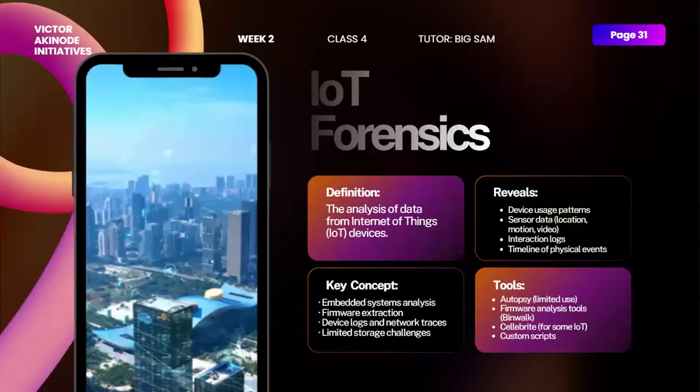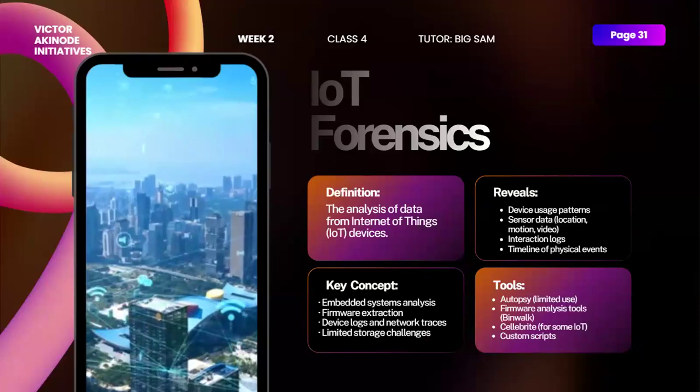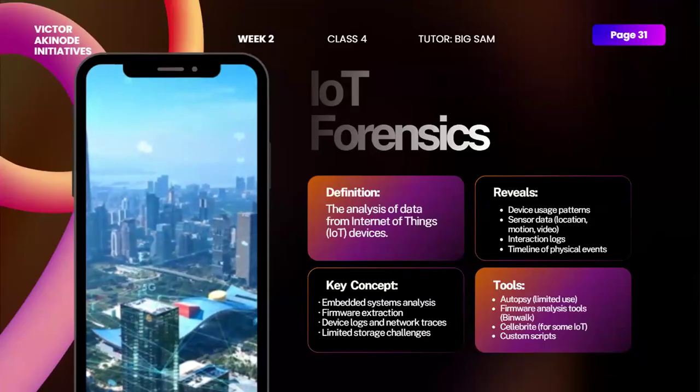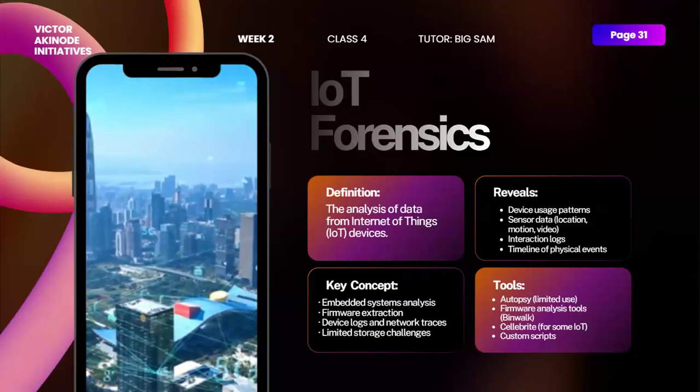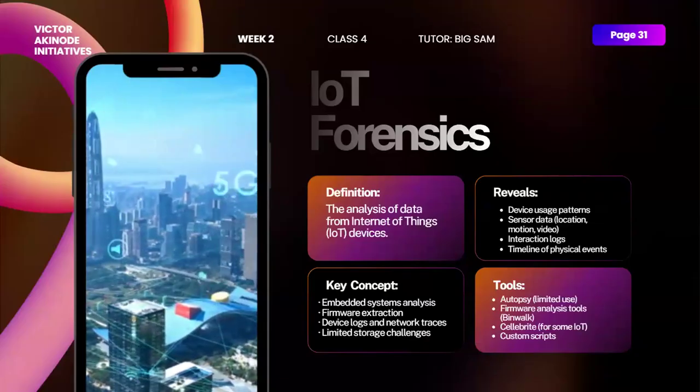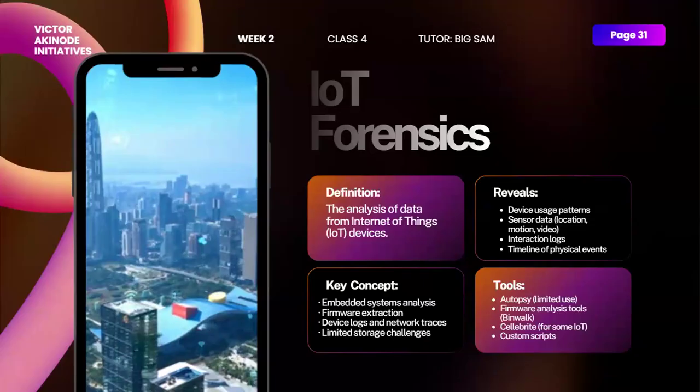Now, IoT forensics, and this is the new oil in forensics. All of us are seeing the whole update from China. You can buy a freezer or refrigerator and talk with it. You can get your oven. You can buy your sneakers and just input, I'm going to Nigeria, and you just find yourself there. All of these inventions store data. There is transmission of data, and it can also be broken.